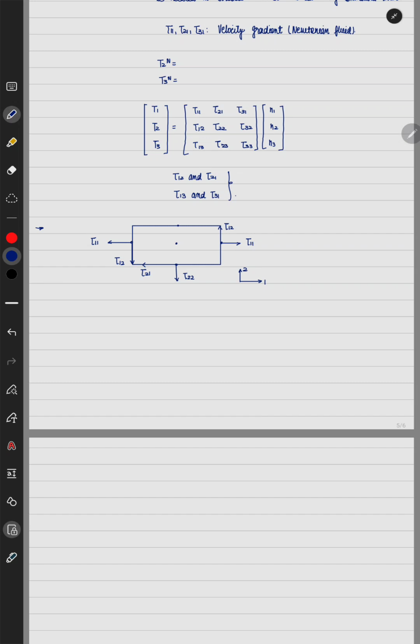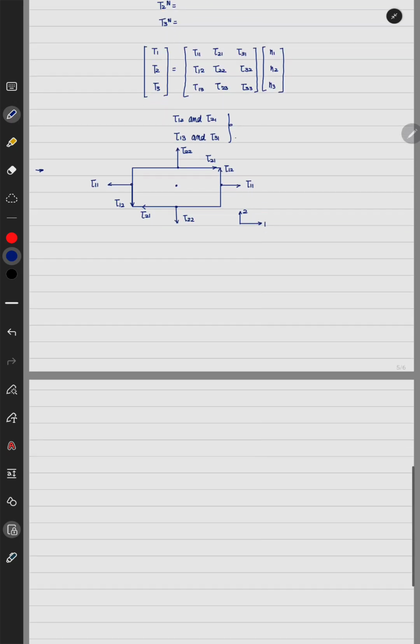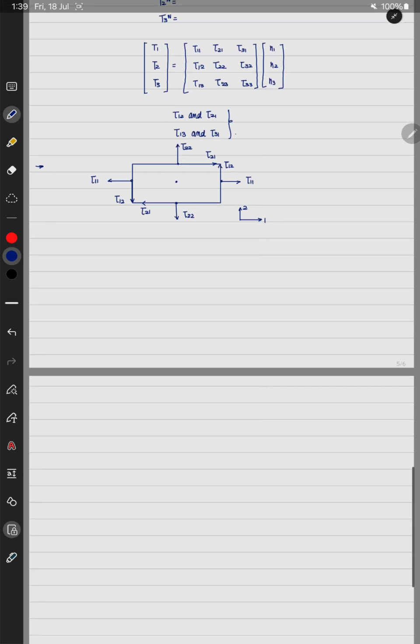Here, area oriented along positive 2, force oriented along positive 2 and 1. Now what I will do, this is the axis, and I will write the body couple